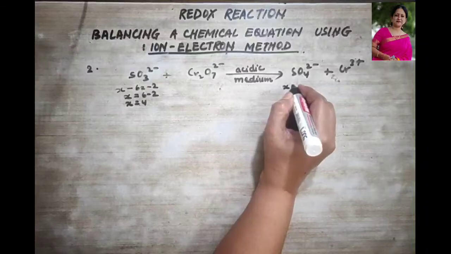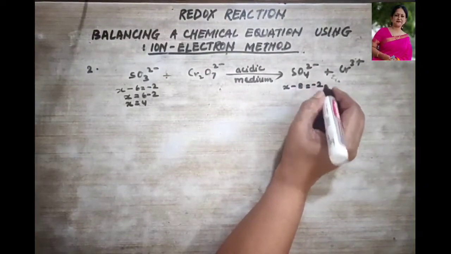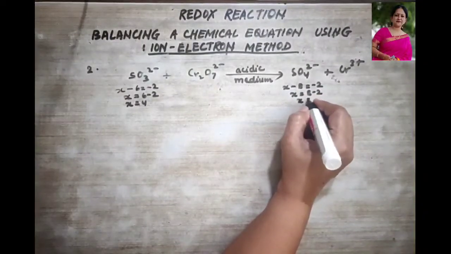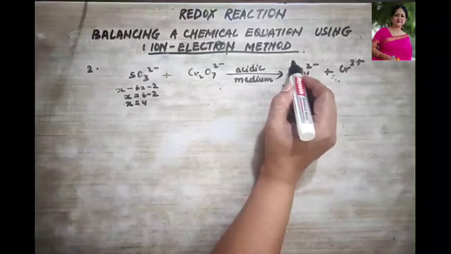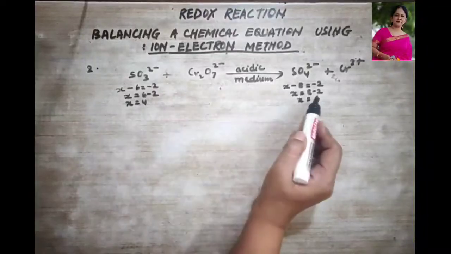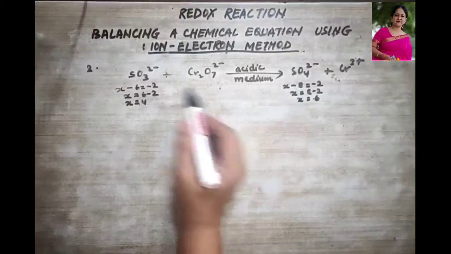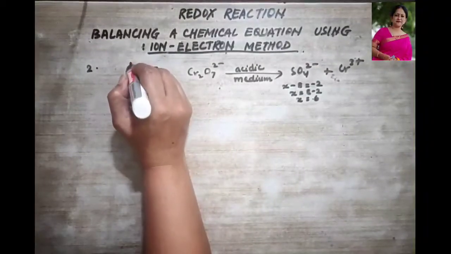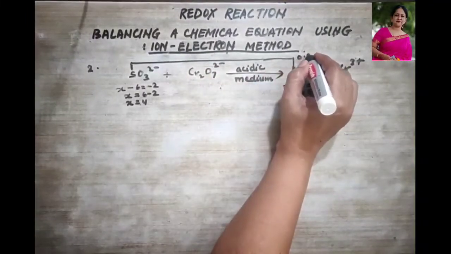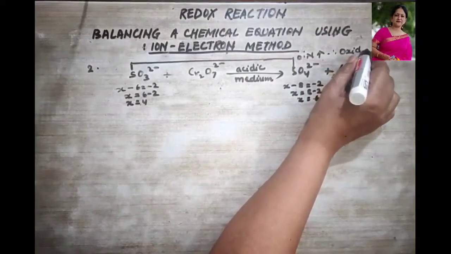Now let us look at the oxidation state of sulfur this side. So this is X minus 4 2s are 8. This is equal to minus 2. So X is equal to 8 minus 2. X is equal to 6. So over here, the oxidation state is 6. So what happened? From 4 to 6. From 4 to 6 means oxidation number increases. I'm talking about sulfur just now. Okay. What has happened over here? Oxidation number increased. Therefore, this shows oxidation.